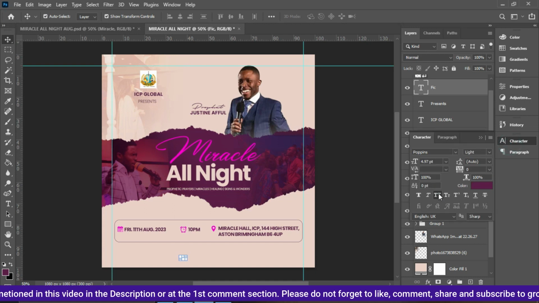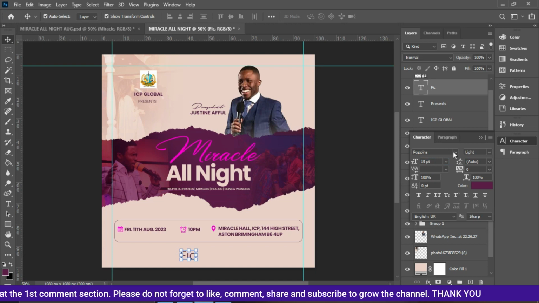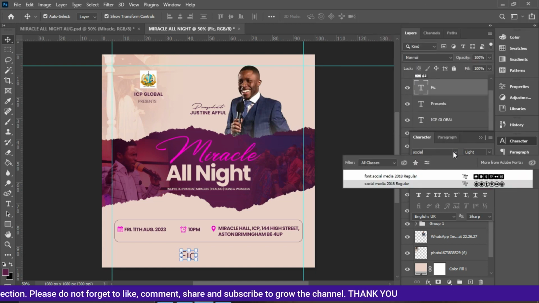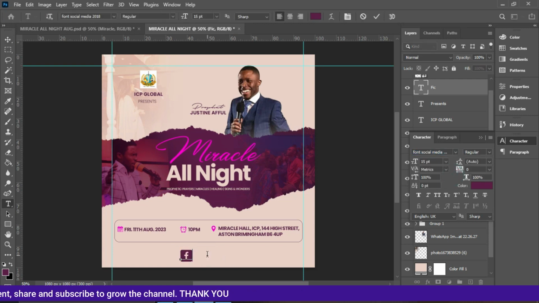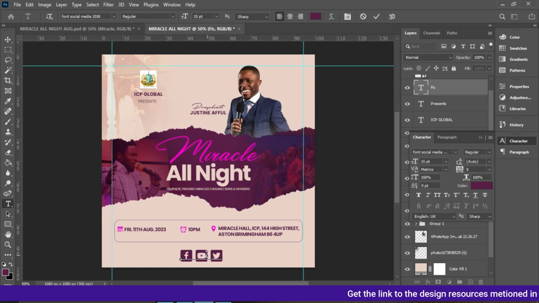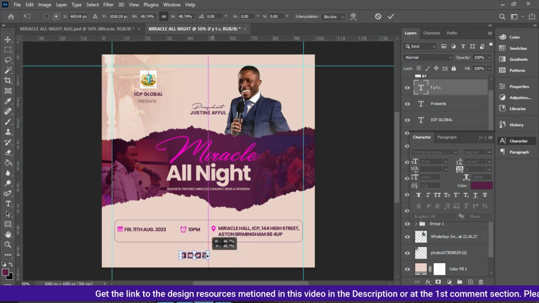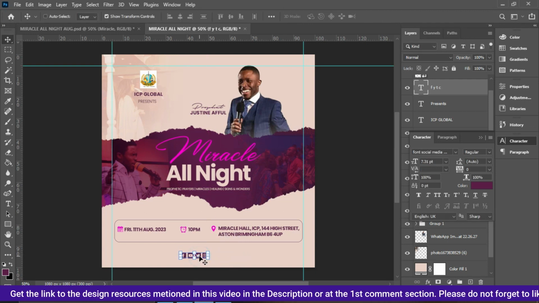So I'm going to turn this off, increase the size a little bit, and then change it to social media fonts. Okay, yeah, so this is it. So F is going to be for Facebook, Y for YouTube, T for Twitter if possible, and let me see, C for Instagram. Okay, so I have something like this. Let me reduce the size, and then let me copy the same thing and write